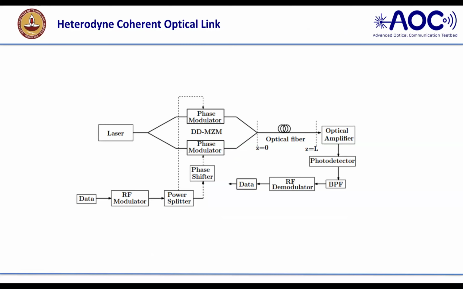We know the quantum nature of the laser outside. We know the phase modulator here, and with the help of this data RF modulator, we are generating single sideband, and we are giving it the quantum nature. This already exists in the literature without phase noise. So I have studied, in the presence of phase noise, what the optical amplifier behavior is, and we have seen the photodetector and the data.